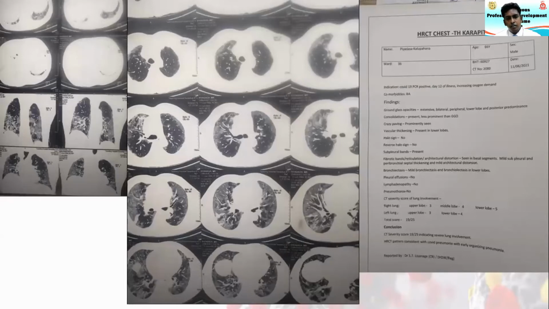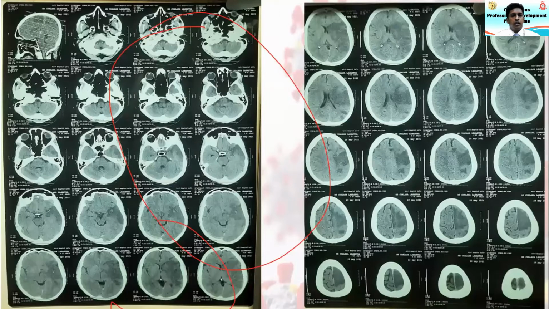Initially, we managed this patient in our center. You can see most of the lung is involved on this HRCT. He has widespread ground glass with early organizing pneumonia signs. This is another patient who recovered from the pneumonia, but unfortunately, with the